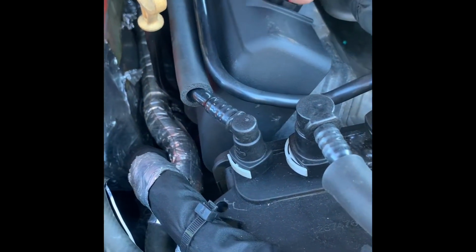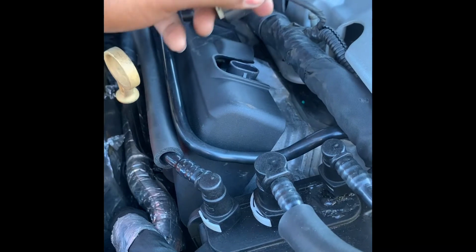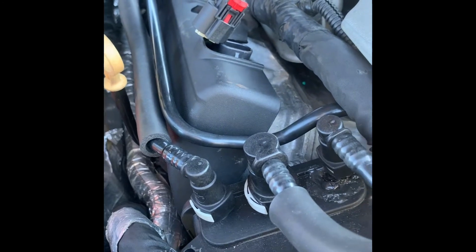You're gonna press right here in the middle of the thing, and it's gonna pop up. So you have to flick this up and press right here with that black part, and it's gonna pop up. Then you take your two-step wires,